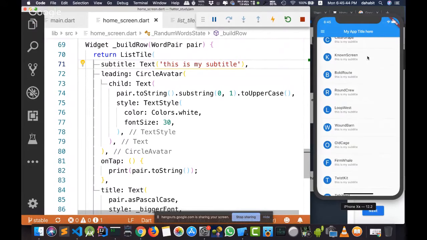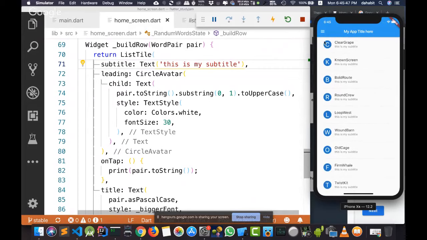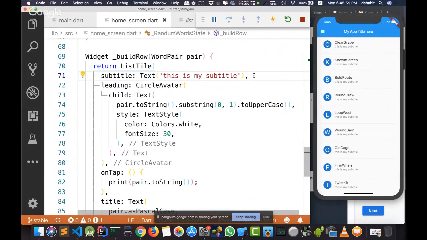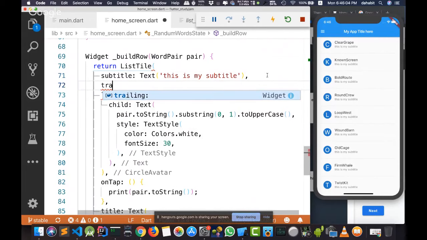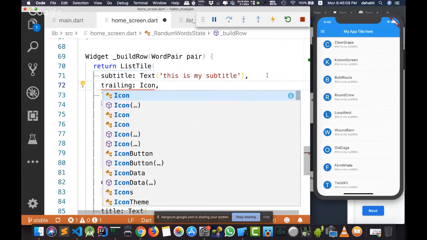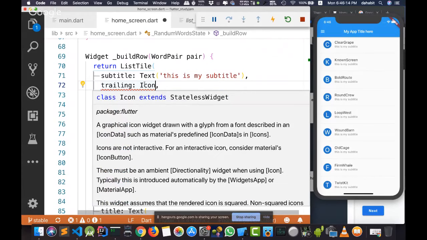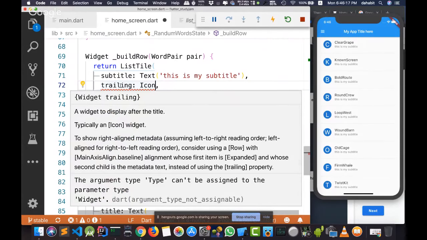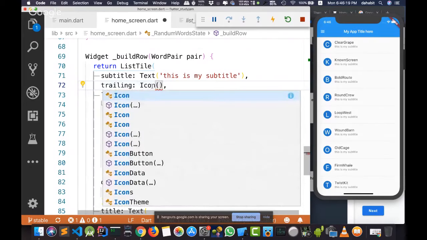As you can see, sometimes when you are using WhatsApp, you will find this icon or circle avatar display the avatar of the user, and here the username, and here his latest status, or something else. So list tile provides this functionality for you for free. And for example, if you want to use the trailing icon, another icon, I can use the Icon class. And remember the difference between Icon with a capital letter and icon with a small letter? This is a property, and this is a class. And this is a widget, a class